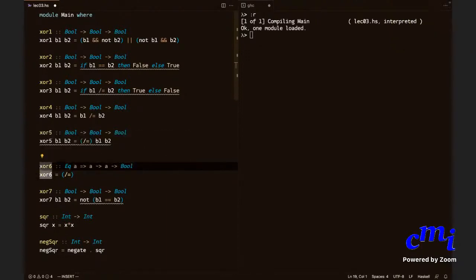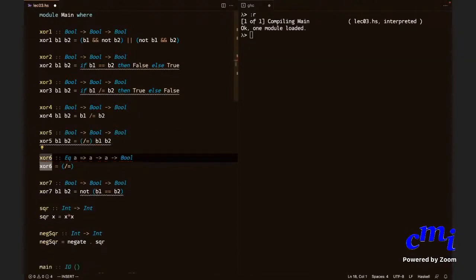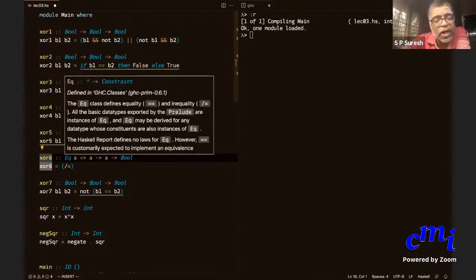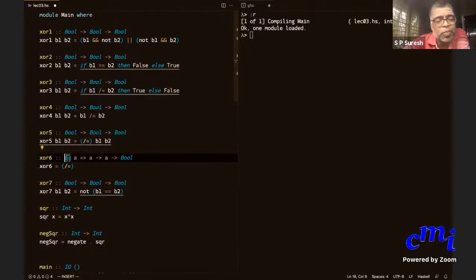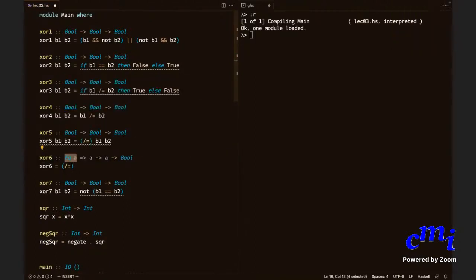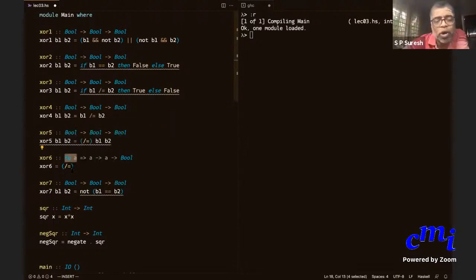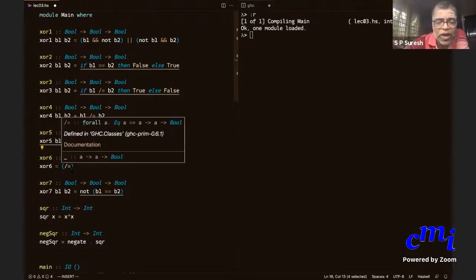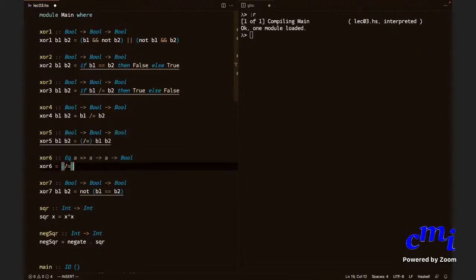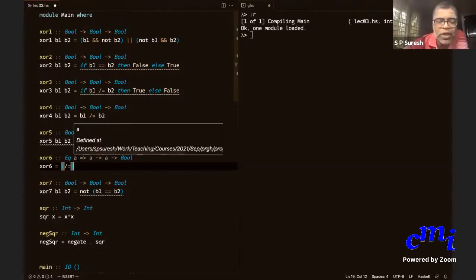So what's EQ? I joined a little late. EQ means any type which permits equality. The point is this not equal to works not only for bool but also for int, float, character, etc. Not equal to applies to anything which can be checked for equality. EQ A means any type where the elements of the type can be checked for equality between each other.